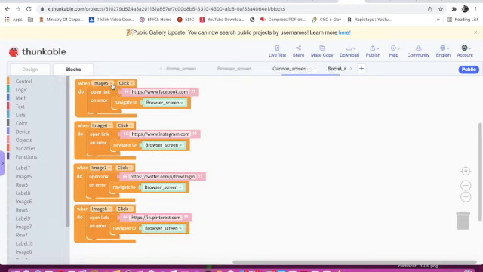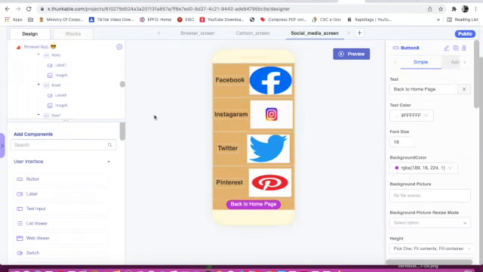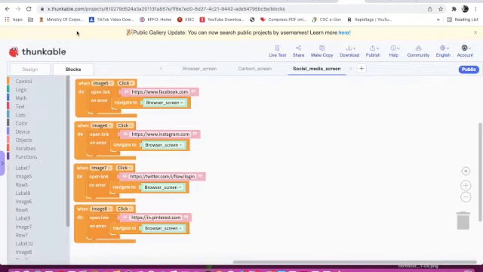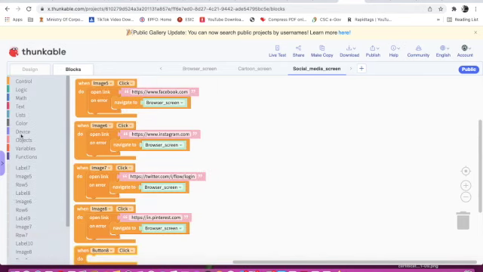Now I'll go on social media screen. ID is button 8. When button 8 click, I'll go on control and I will take this first block, navigate to welcome screen.